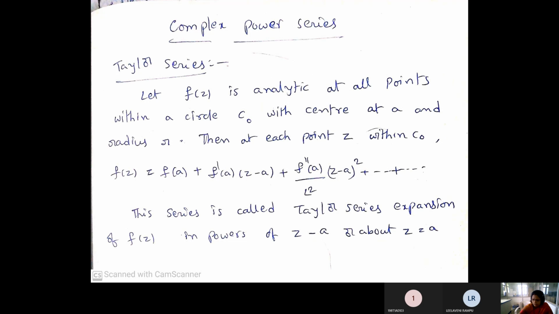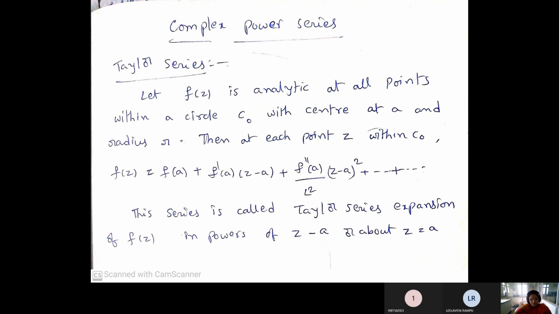Let f of z be analytic at all the points within a circle C0 with center at a and radius R. Then at each point z within C0, f of z can be written as f of z equal to f of a plus f dash a into z minus a plus f double dash a by factorial 2 into z minus a whole square plus f triple dash a into z minus a whole cube by factorial 3 plus and so on. This series is called Taylor series expansion of f of z in powers of z minus a or about z equal to a. So, the Taylor series general form is,